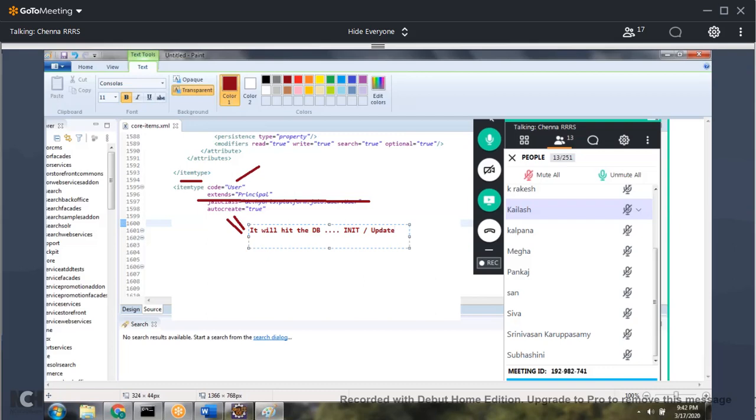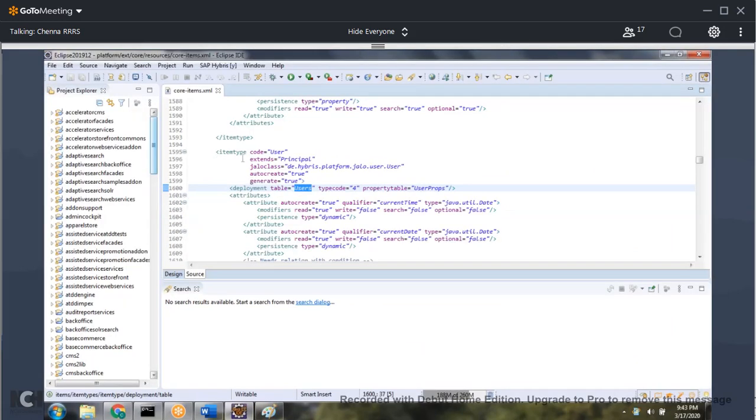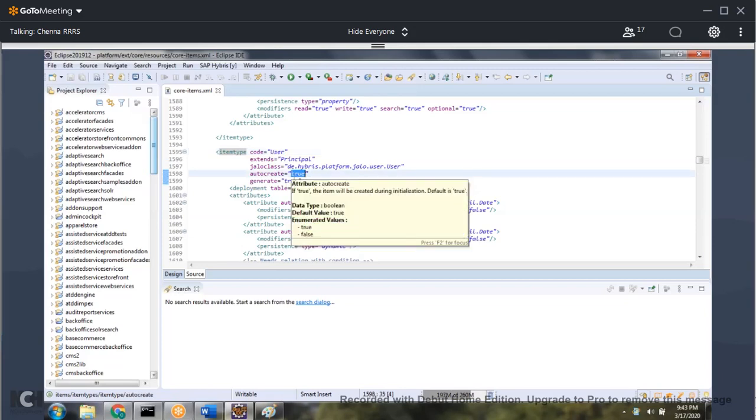That means it will try to create that particular item type in the database. Now, when do I make this false? Let's say in the OOTB, the out of the box user, right now it is true.